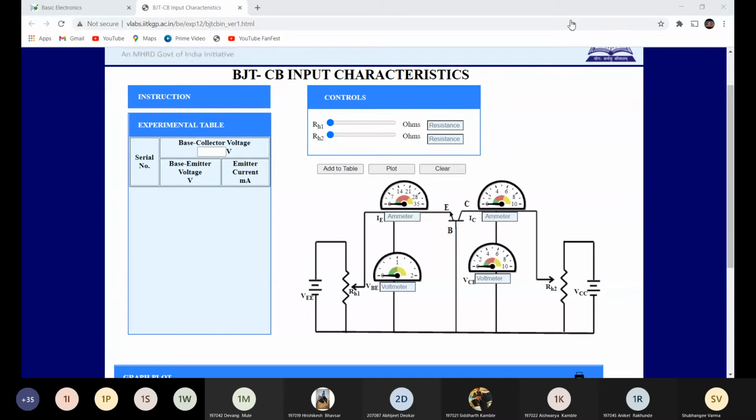And which value are we going to change at the input side, and which value are we going to observe for input characteristic? Very good, Devansh. Yes, correct, Rohan. We are going to change VBE by making VCB constant, and we are going to observe which parameter? Write down the answer in the chat box.